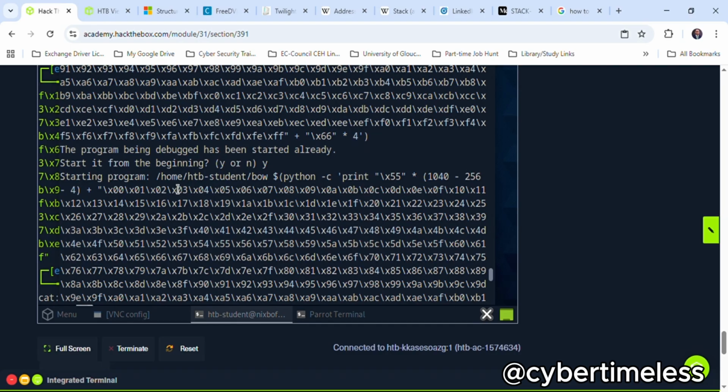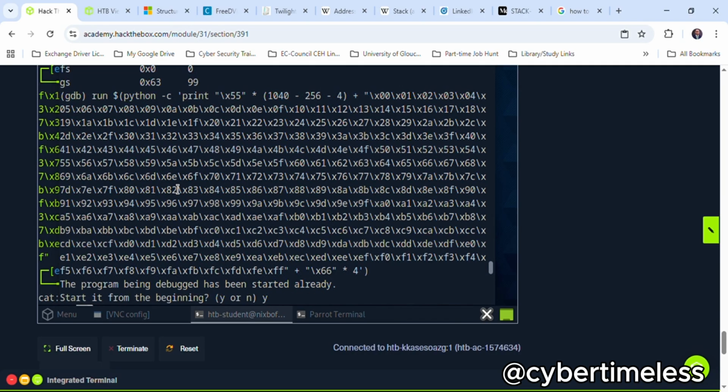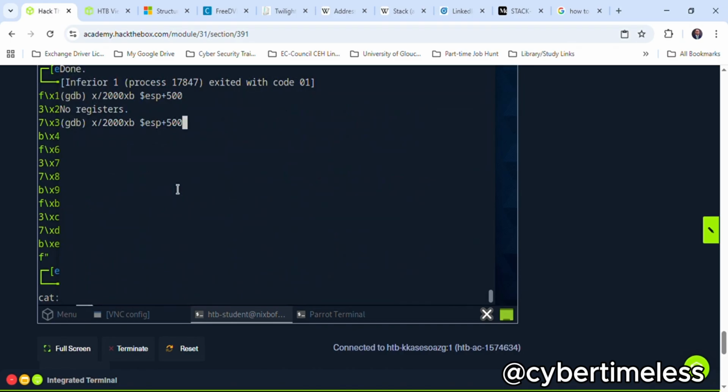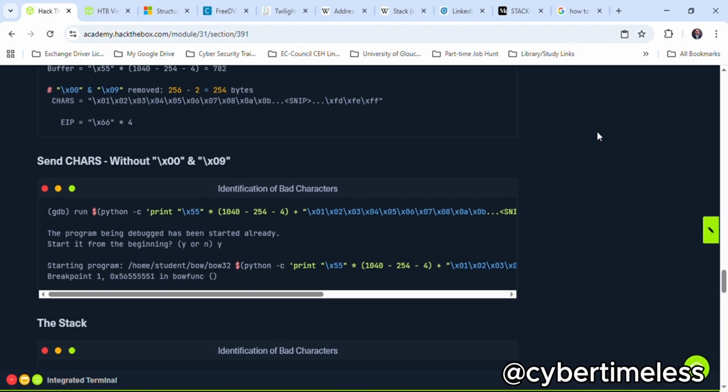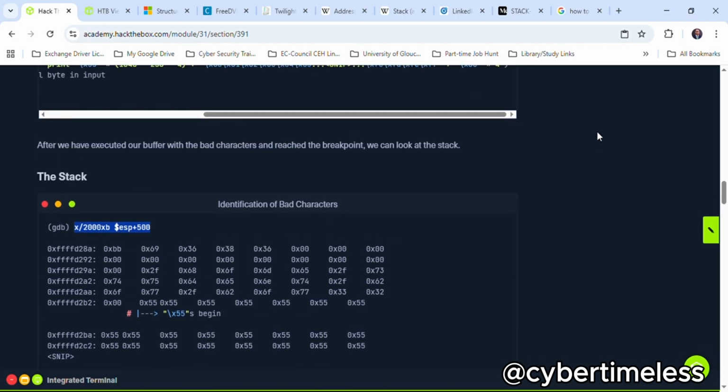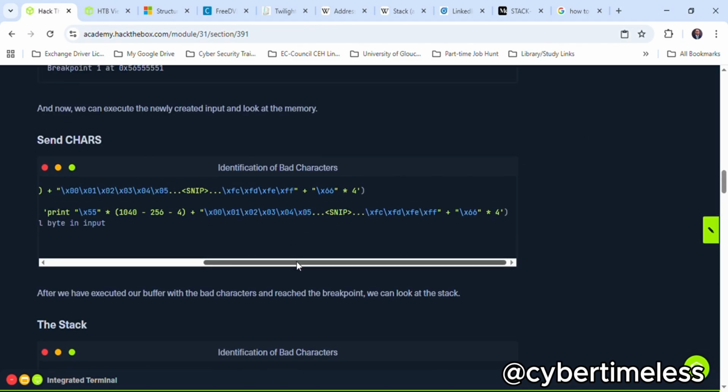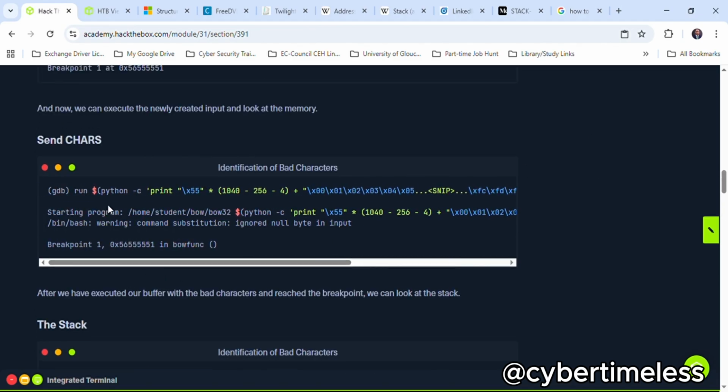In the beginning stage, we attempted it at first and there was no register. So now it means that we have not actually taken control of the EIP yet. So we have to take control of the EIP. There's a command we're going to use now to take control of the EIP. So let's